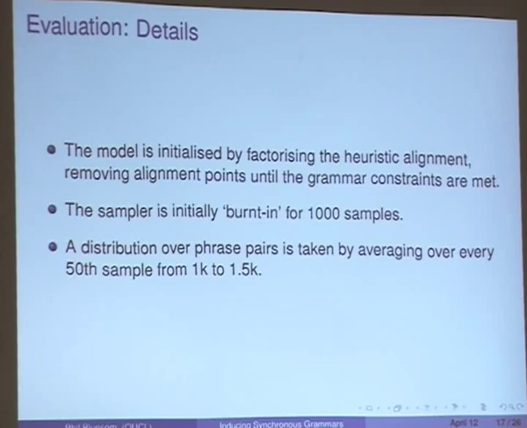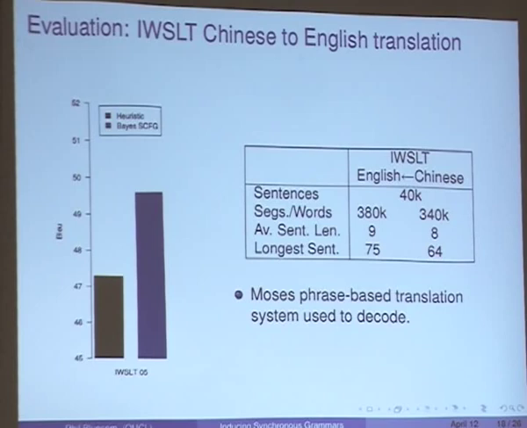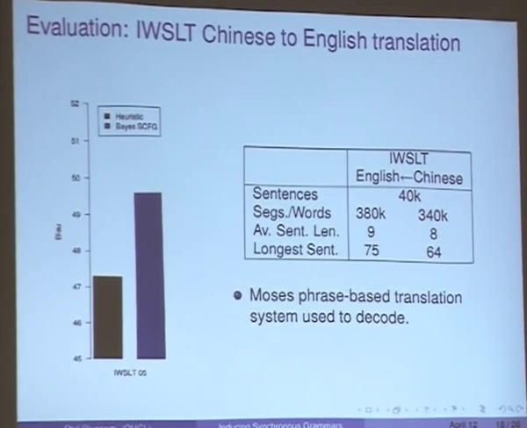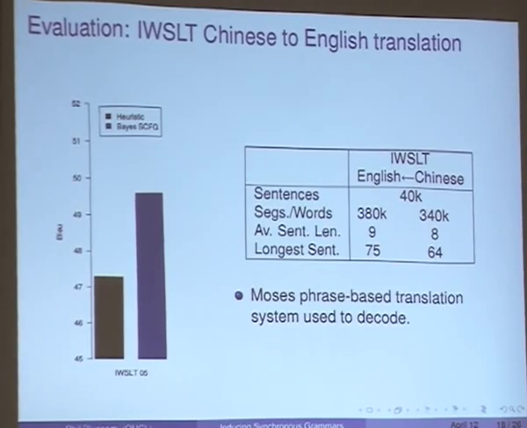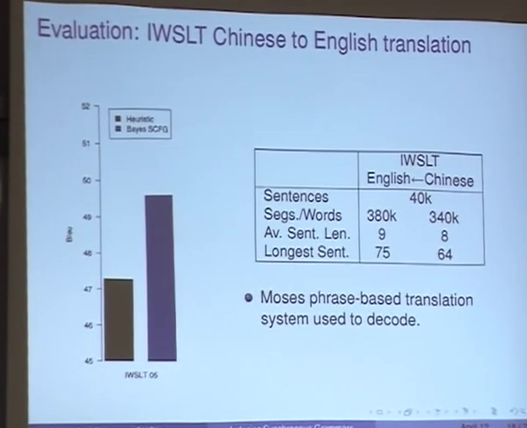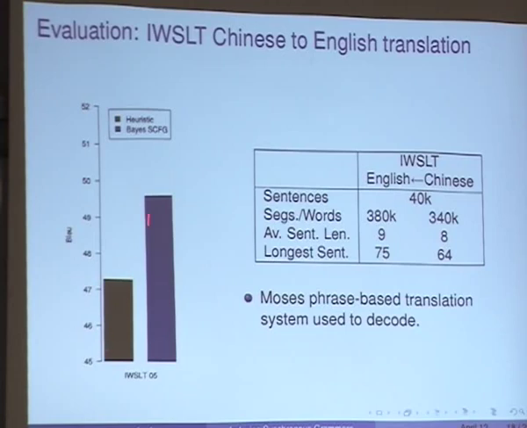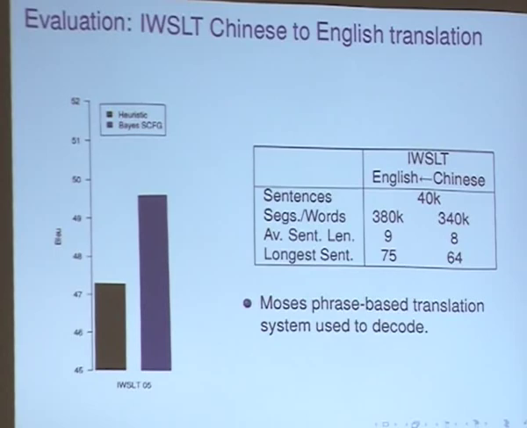In this case, I'll just present results with the Moses decoder, but we used a number of different decoders. So the first experiment is on a small corpus, the IWSLT corpus, translating from Chinese to English. It's quite small, 40,000 sentences, but it does have the occasional long sentence in it. So the longest sentence is about 75 words. And you couldn't run a dynamic program on sentences that long. So it's good that we can run this model in quite reasonable time. This is the normal performance you get from Moses. This is what you get if you estimate the translation units using this Bayesian approach. So it works quite nicely on the small data.